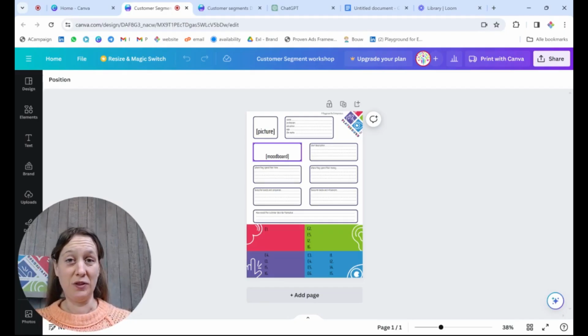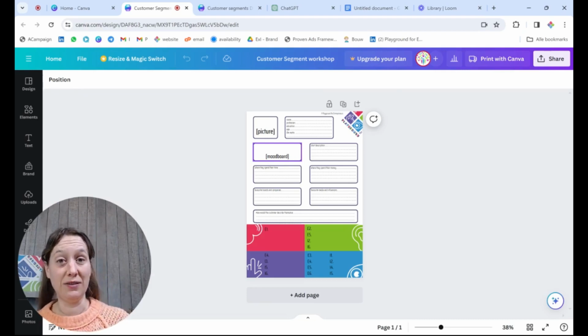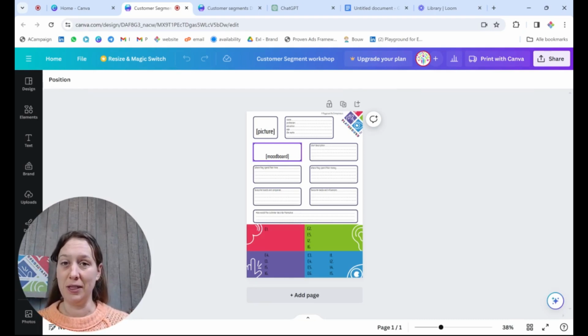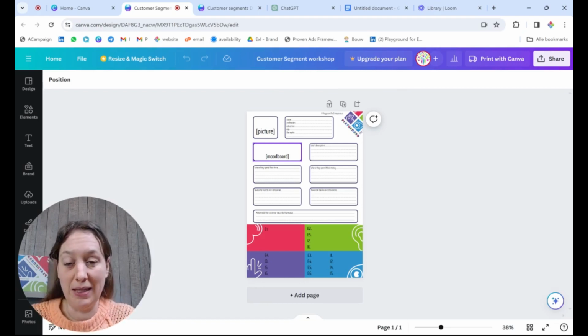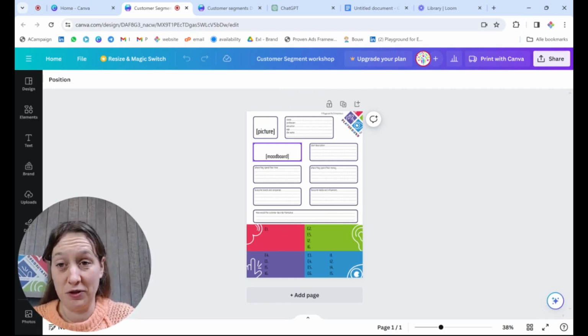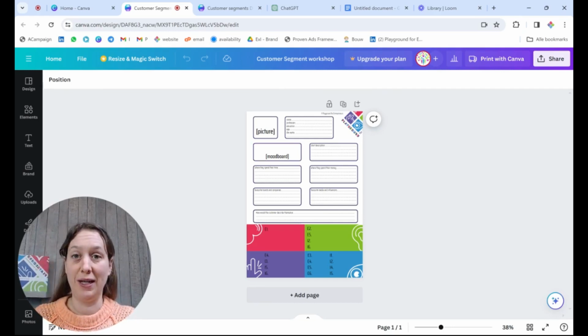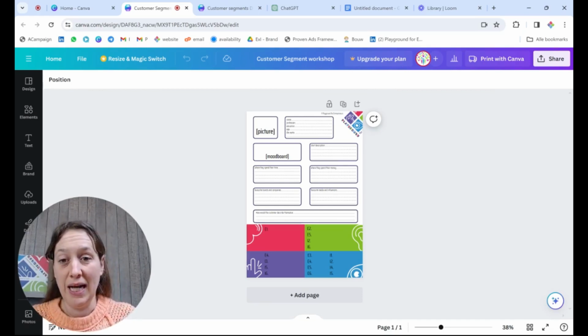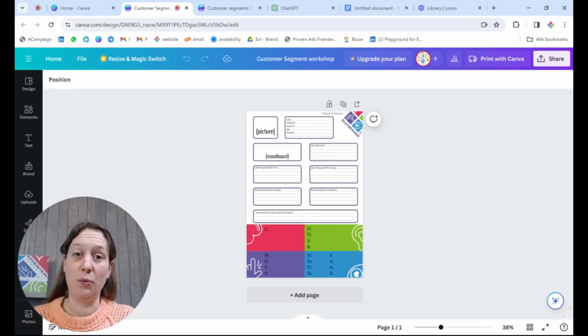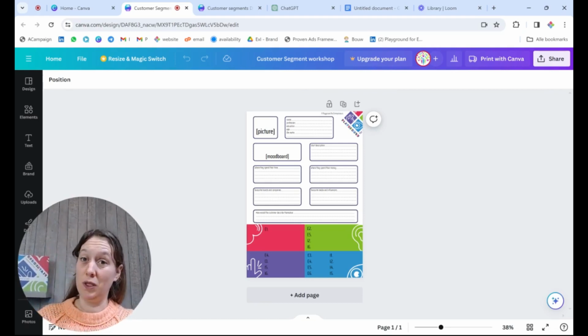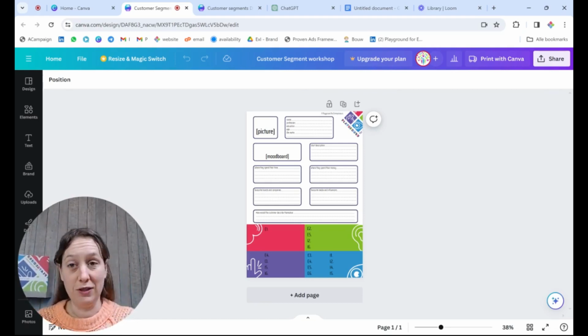Hi, so today I want to follow up with the next exercise that comes after what we did in the last video, which was about customer segments and buyer personas. In the last video we used this template to explore an ideal customer or a buyer persona. We filled it out together, and we explored how to really step into their shoes, how to understand what they're all about. So if you want to explore this, please go back to the previous video.